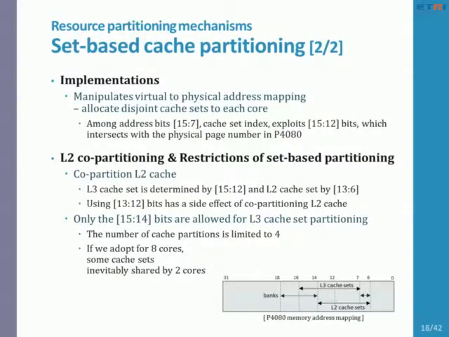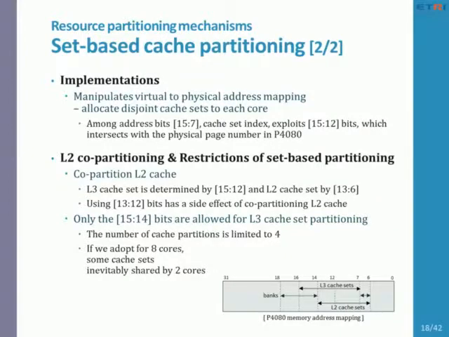During the implementation, we encountered the L2 co-partitioning problem. As I mentioned before, this is the P4080 memory address mapping, and bits 7 to 15 indicate the location in the L3 cache. Among these bits, some intersecting bits also indicate the location in the L2 cache. So if we use these intersecting bits to partition the L3 cache, it has the side effect of partitioning the L2 cache. But the L2 cache is private to each core,